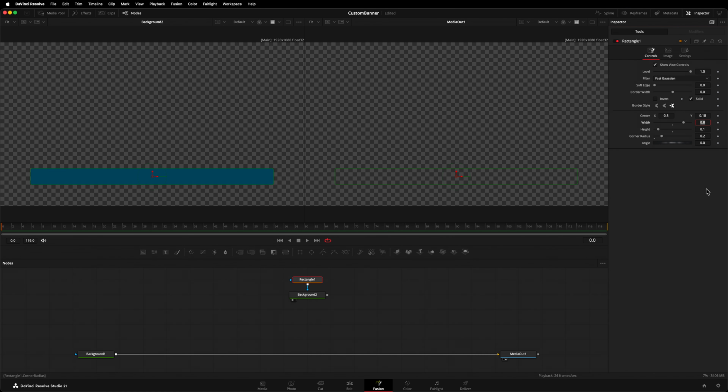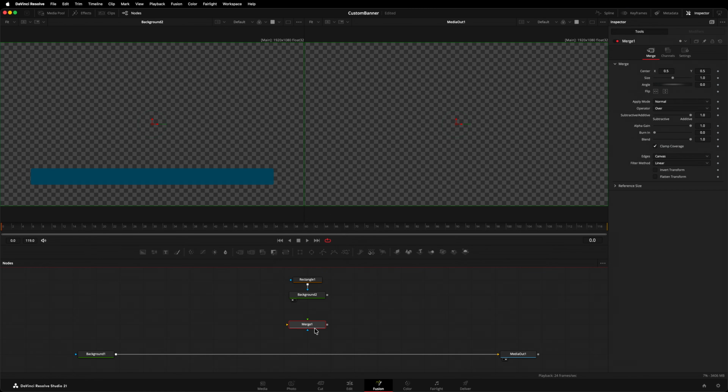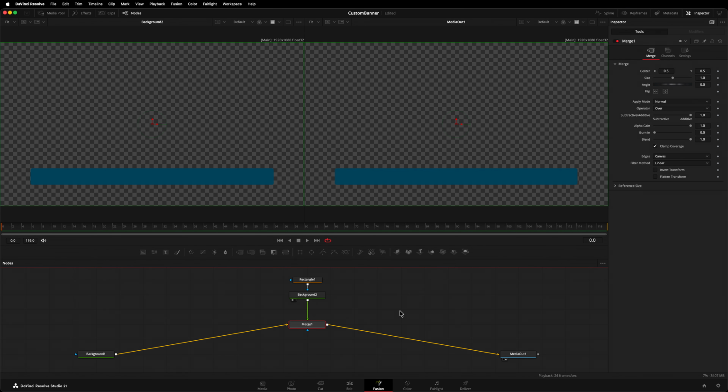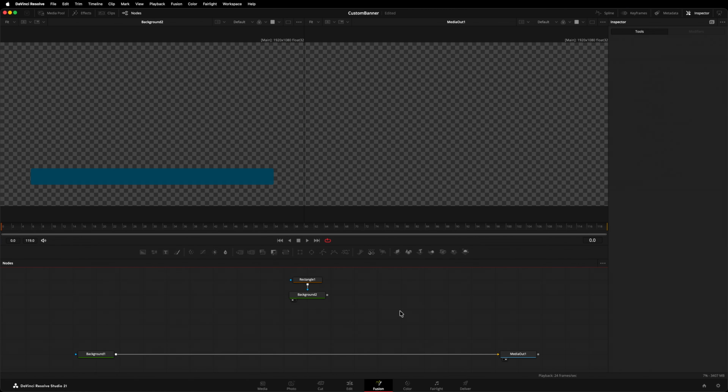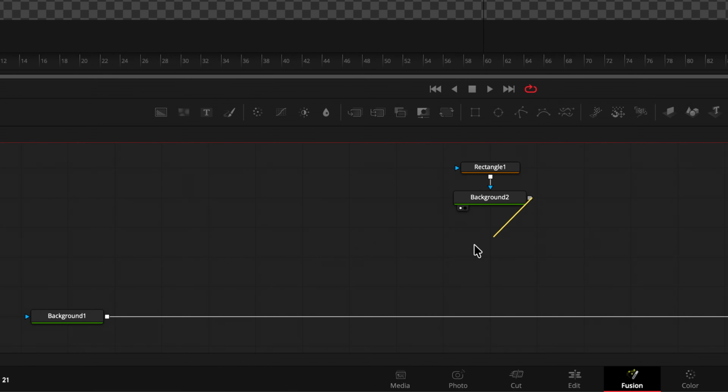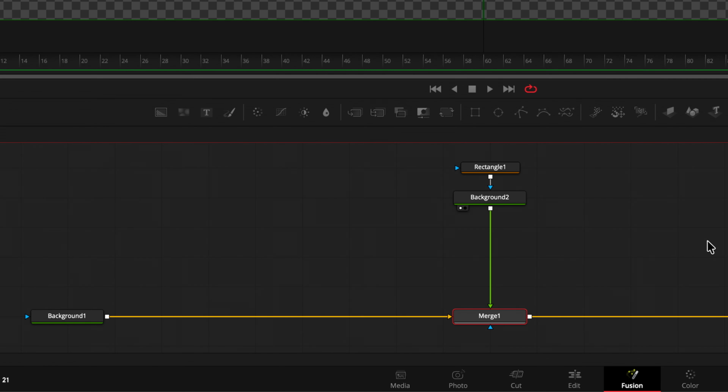In order for my work to be visible in the final composition, I must connect this with my primary node pipeline. That's done with a merge node. Now, you can create merge nodes manually, but then you have to connect them manually. So let me undo that and show you the quicker way. Simply drag the output of one node onto the output of another, and Fusion will create and connect a merge